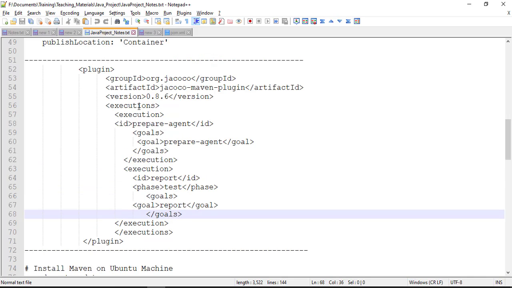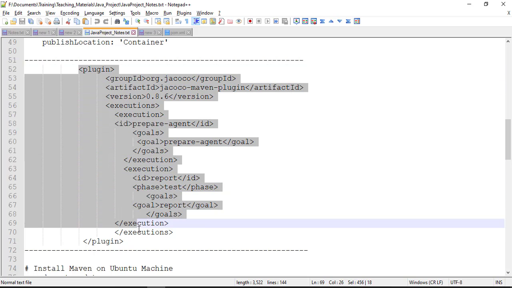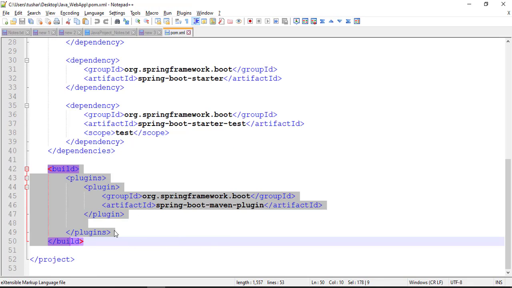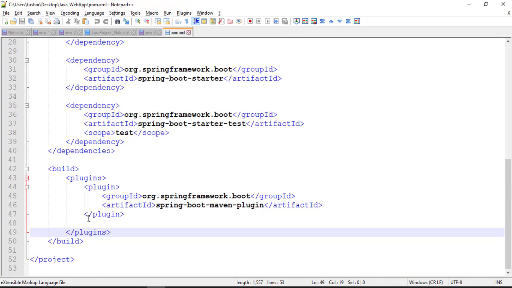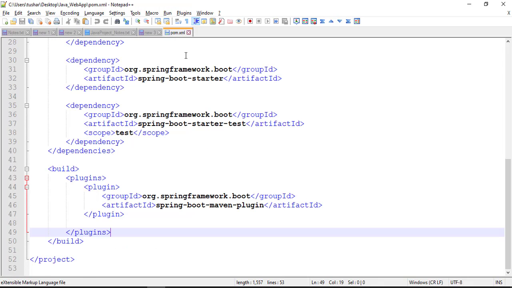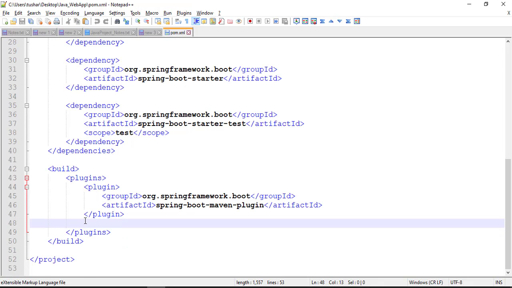So we are using JaCoCo. What I have to do is copy this plugin and place it inside the pom.xml file. You get the plugin very easily, with this piece of code, from the JaCoCo website, guys. Nothing fancy, nothing I have written from my end. I just come and place this